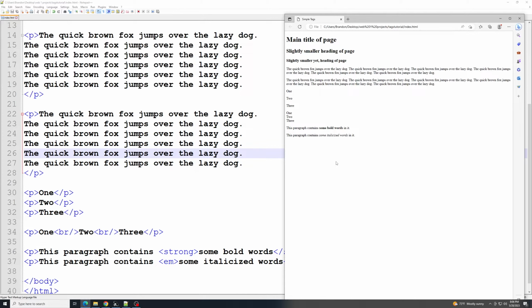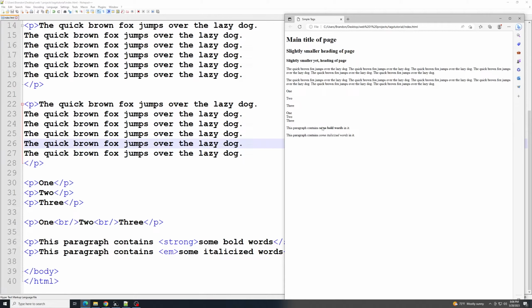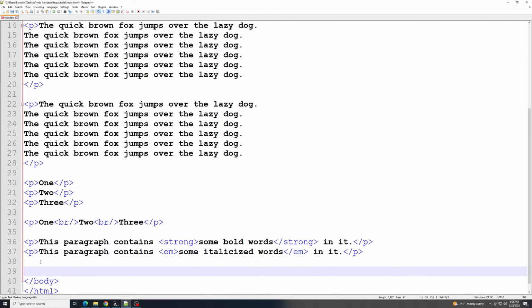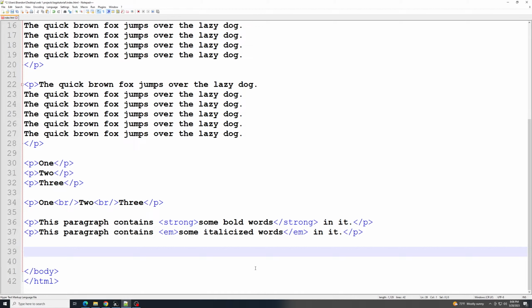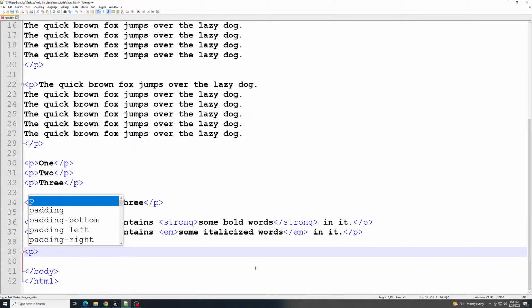So those are kind of the main tags that we use for a lot of our HTML. Just like helping with the spacing, the paragraphs, all those kind of things, the hierarchy, emphasizing words in different ways. There's another kind of set of things that I was going to show you in here, and we'll wrap this one up. So one example here is we could say in a paragraph,